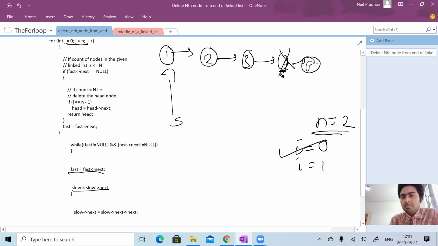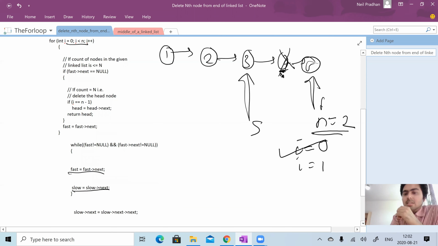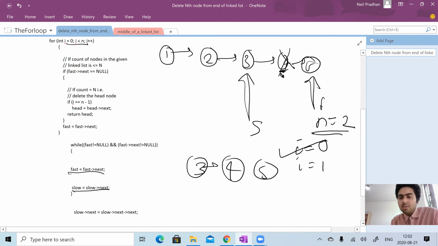So fast will come here, fast will come here, and hereafter fast dot next becomes null. So slow will move twice. Slow will come here. Now simply when we have 3, 4 and 5, what we do is, the next of 3 will point to 5.